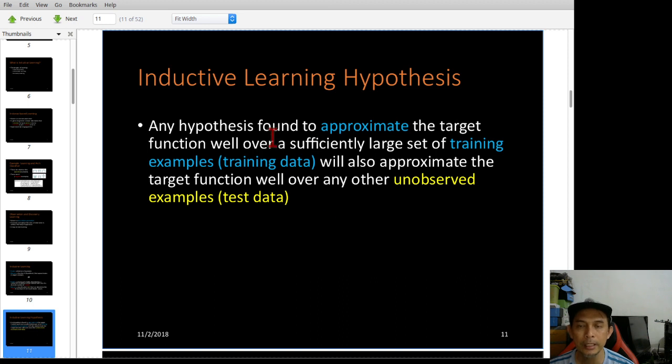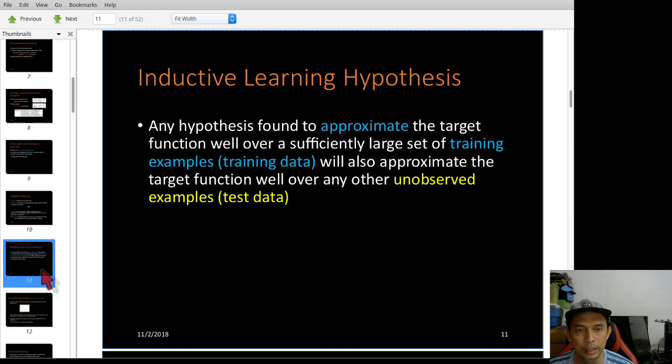If the function works well with the training data, given that the training data is sufficiently large, it should be able to be applied to the test data as well, and it should give you a good approximation as well. So that is the assumption of unsupervised learning.